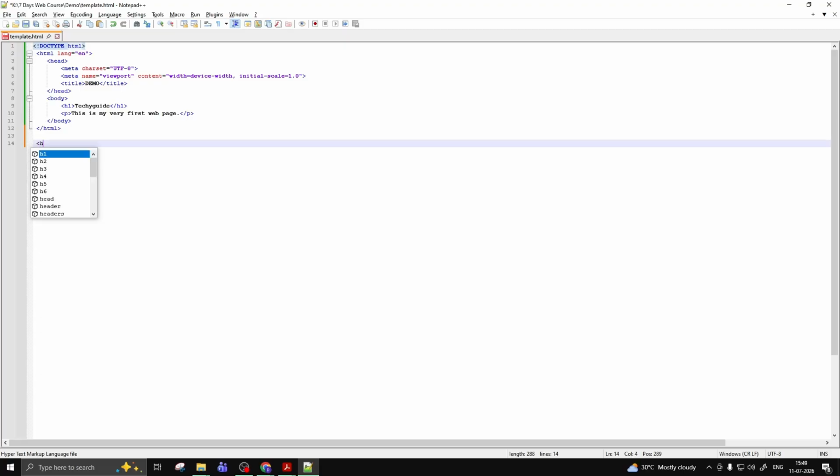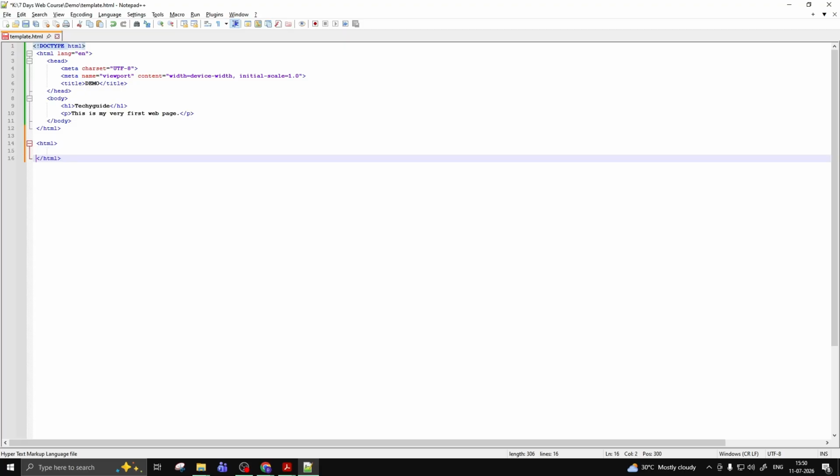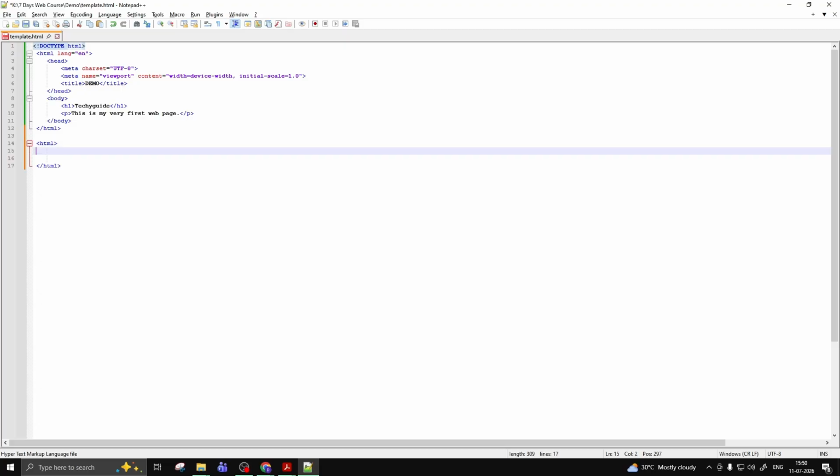We can write HTML and we have to close it. The closing HTML tag is forward slash HTML. This is the opening HTML tag and this is the closing HTML tag. Just enter it and write the first